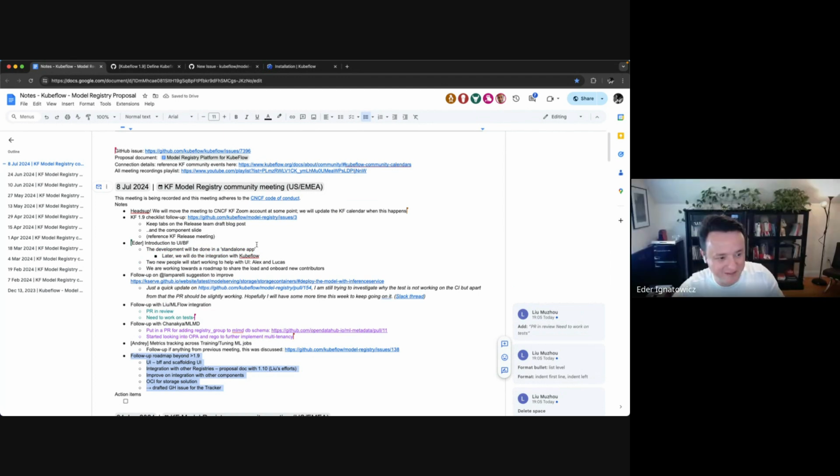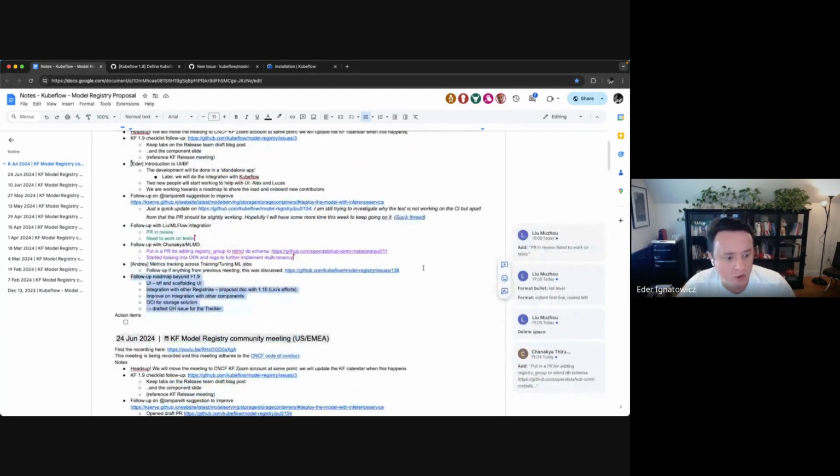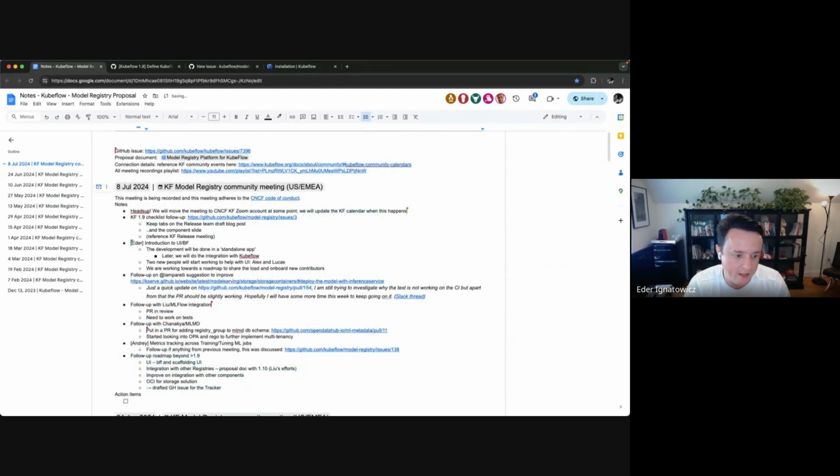Sure. Hello, everyone. I'm Eder. I'm working with OpenShift AI at Red Hat. One of our goals, especially with Model Registry, is to move our work towards upstream. Currently, we have a set of UIs in ODH, integrated into the dashboard. We are discussing with Ramesh and Mateo. There is a GitHub issue where we are proposing to move those UIs and put our development of the UIs for the Model Registry upstream.